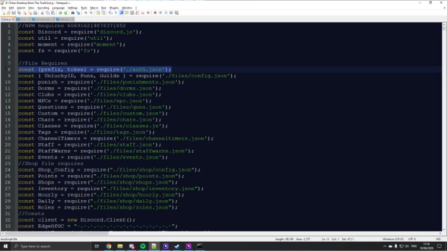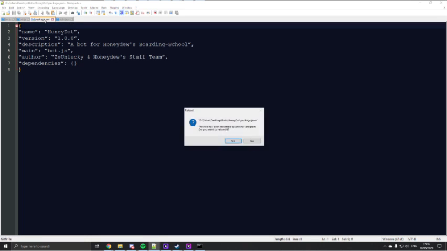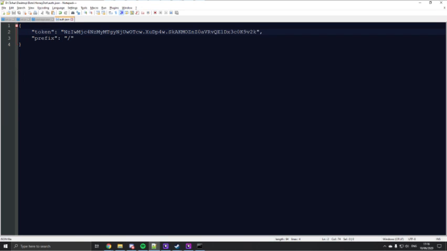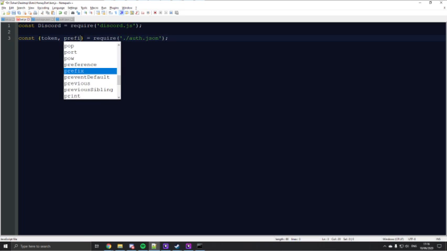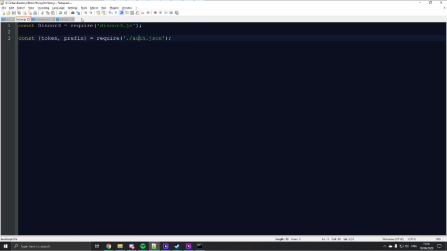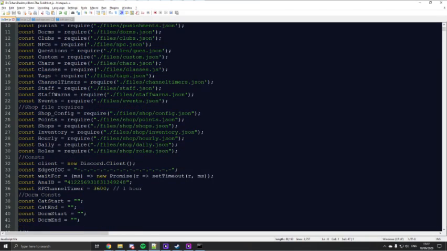Okay, so this is another thing. This basically takes the prefix and the token. We have a token and we have a prefix, right? So what we're going to do is take the token and the prefix from that file, auth.json. This is the file auth.json, right? So we take that, and the next thing is that we need